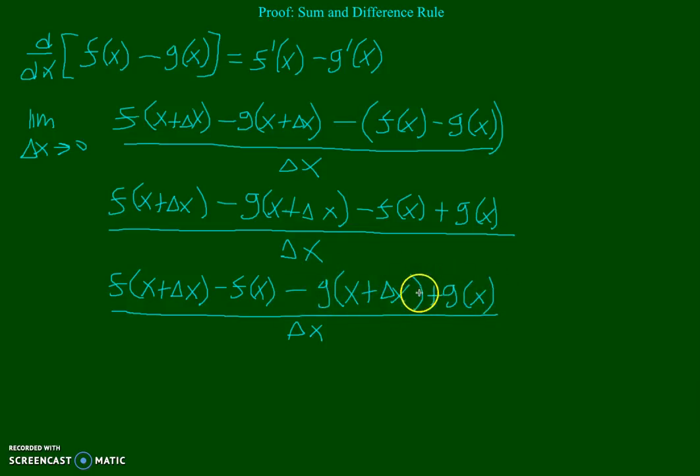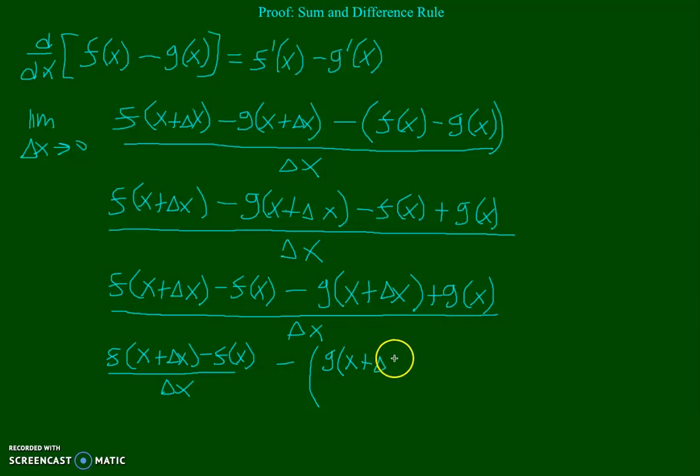Now what we're going to do is we're going to group these two terms together, and we're going to factor out a -1 out of both of them. So we're going to have f of x plus delta x minus f of x. We're going to put this one over delta x and minus these together, g of x plus delta x minus g of x. Put this over delta x,